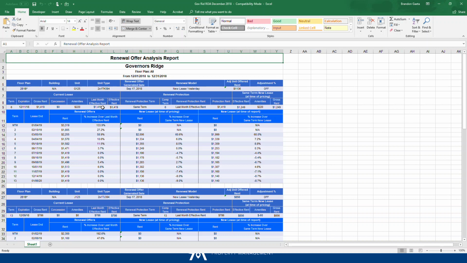And that's going to be a biggie because last month's effective rent is what the system uses kind of as a starting point when it's trying to understand whether or not your resident is currently above or below new lease pricing. Okay, so just to recap so far, we're looking at the offer for G125. This was generated on September 17th. Apartment G125, they're currently on a 6-month lease that expires on the 11th of December, and they're paying $14.19 a